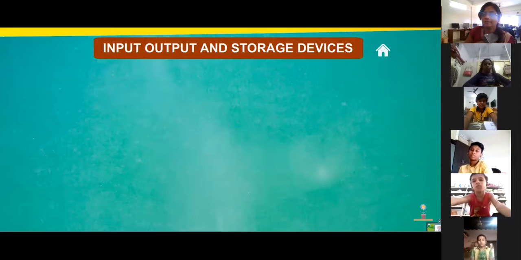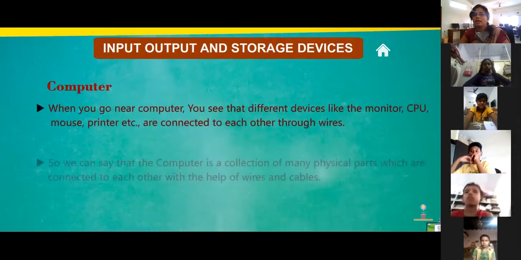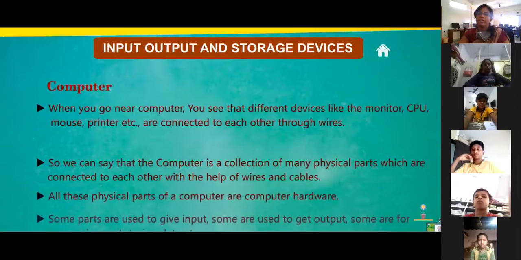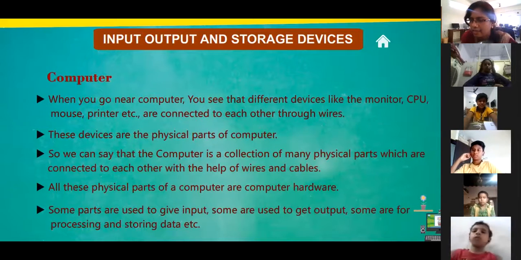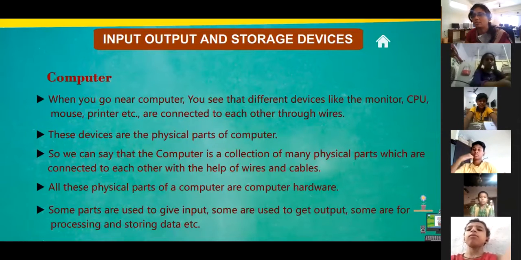Whenever you go near a computer, you see different devices. A computer is a setup of different devices. What are the devices we generally see? We see monitor, CPU, mouse, printer, etc.